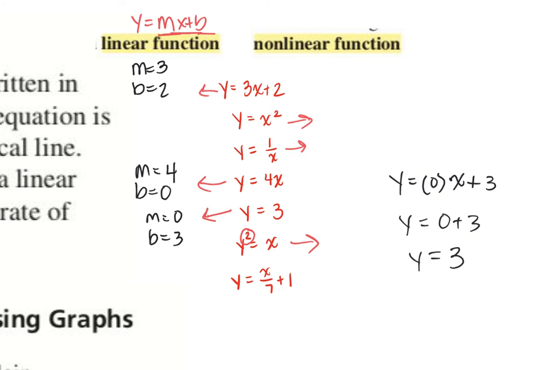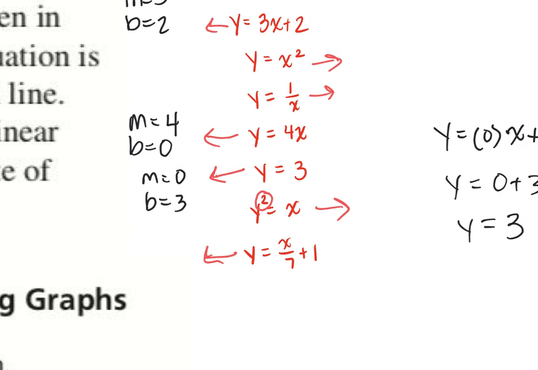And what about y equals x over 7 plus 1? This one's a trick one. A lot of people think it's nonlinear. You think it's linear? Yeah. Why? Because it goes with the rule of mx plus b. Very good. But let's try to figure out what our M and our B should be. Grace, do you think you know? I think so. So you have to cancel it out from the fraction, so you would do 7 over 1